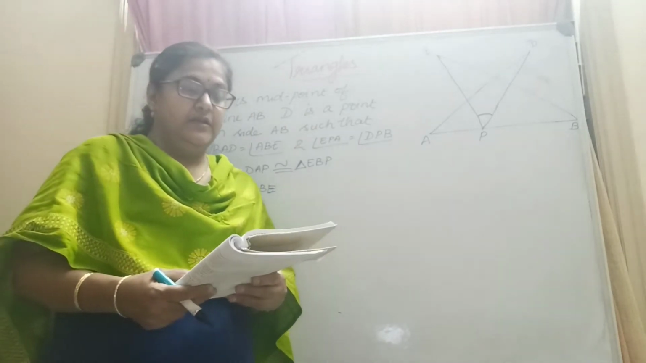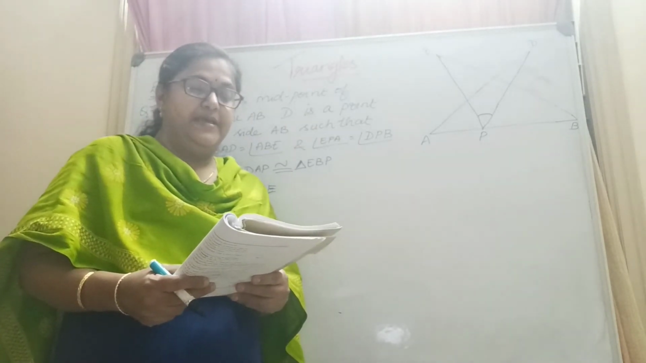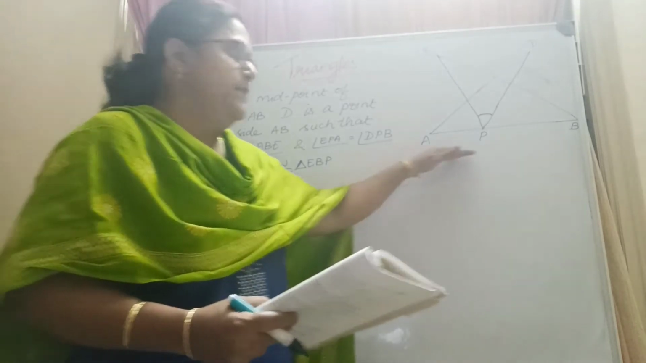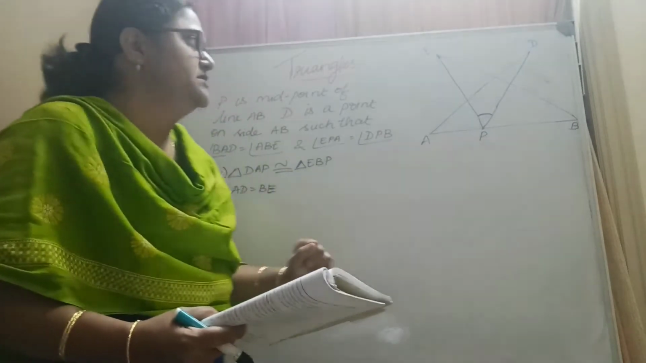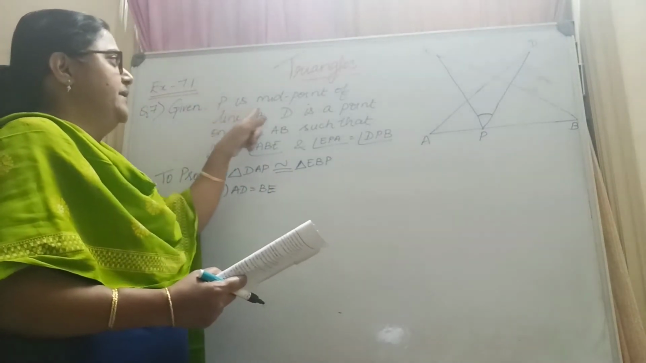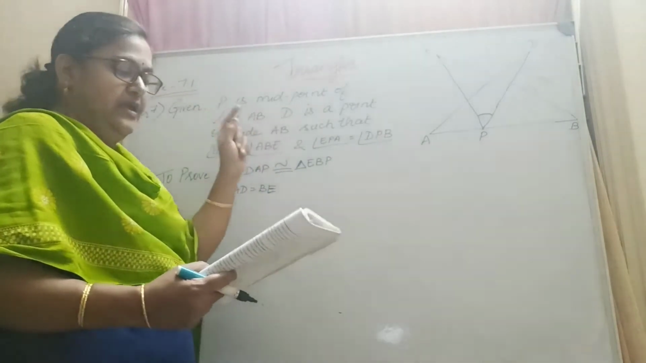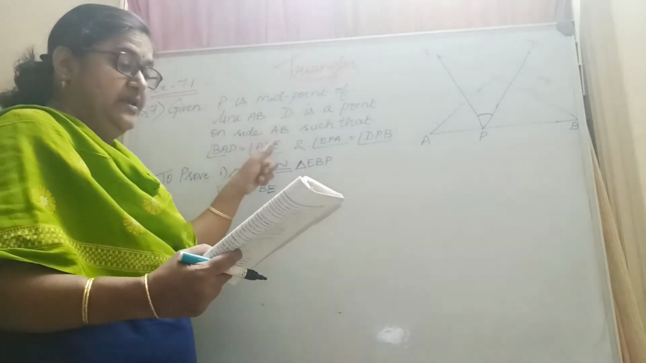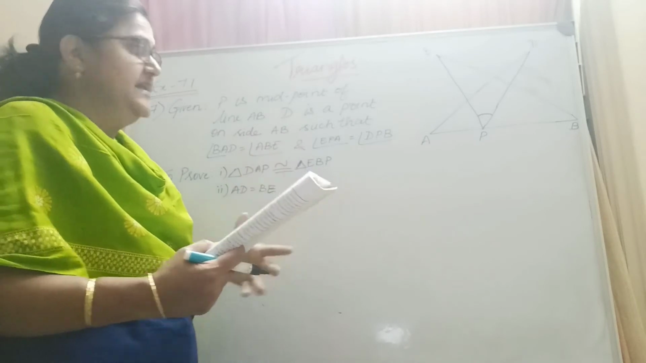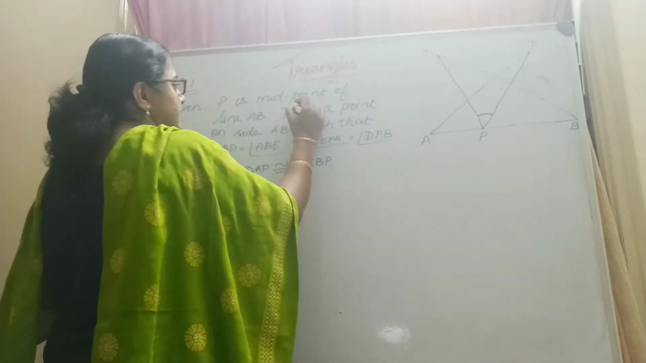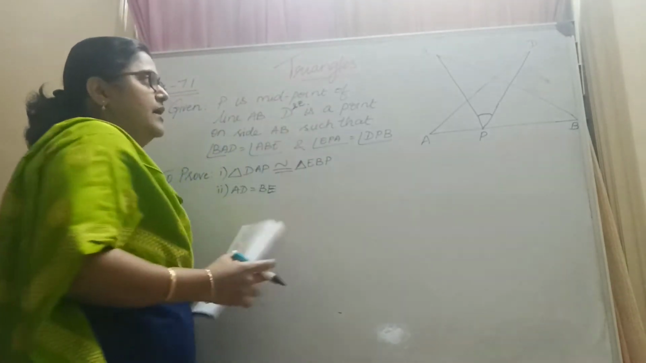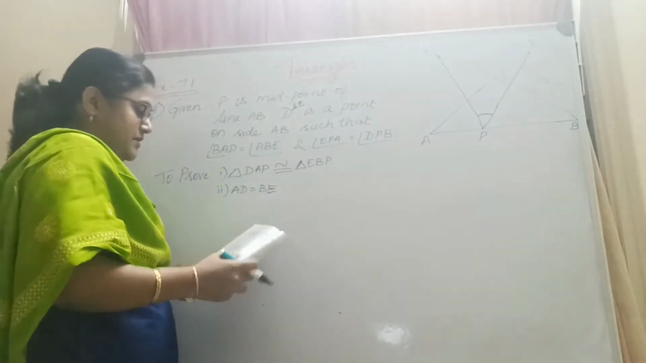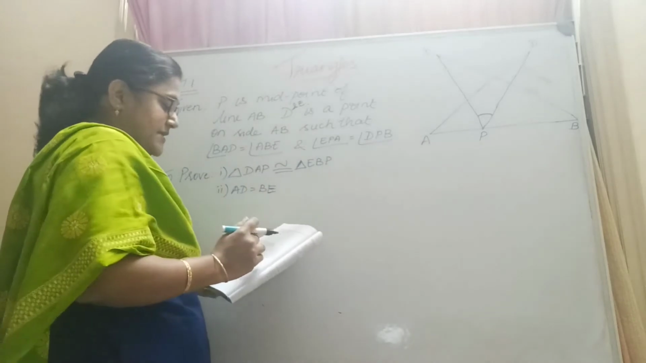Question number 7. This question says AB is a line segment and P is its midpoint. So I have written P is midpoint of line AB. D and E are points on the same side of AB such that